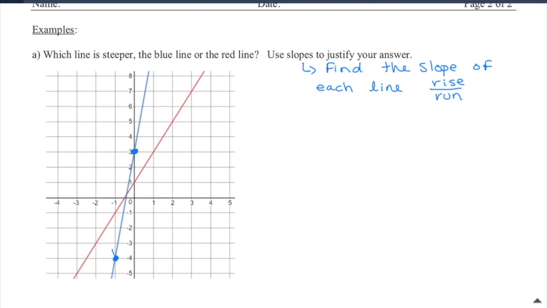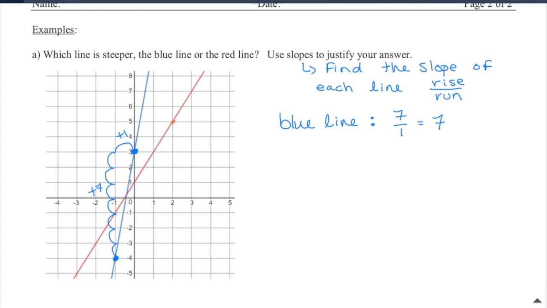So I rise 1, 2, 3, 4, 5, 6, 7. Plus 7 is my rise. Plus 1 is my run. So for the blue line,